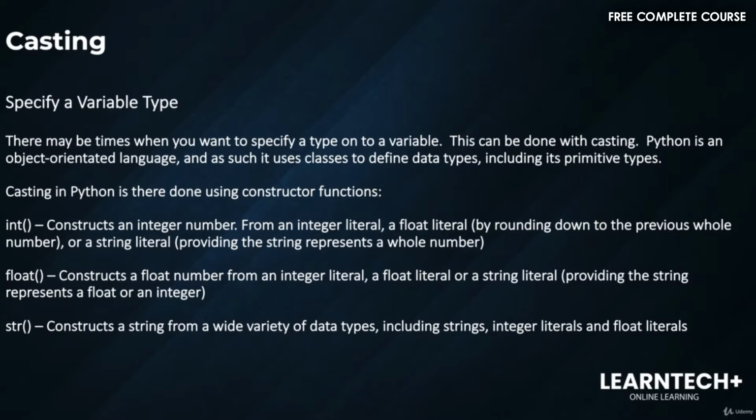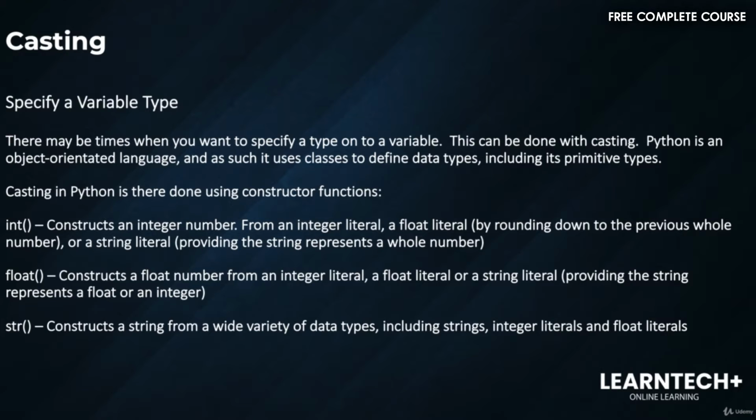All right, welcome back. So in this video, we're going to talk about casting. So specify a variable type. There may be times when you want to specify a type onto a variable. This can be done with casting. Python is an object-oriented language, and as such, it uses classes to define data types, including its primitive types. So casting in Python is done